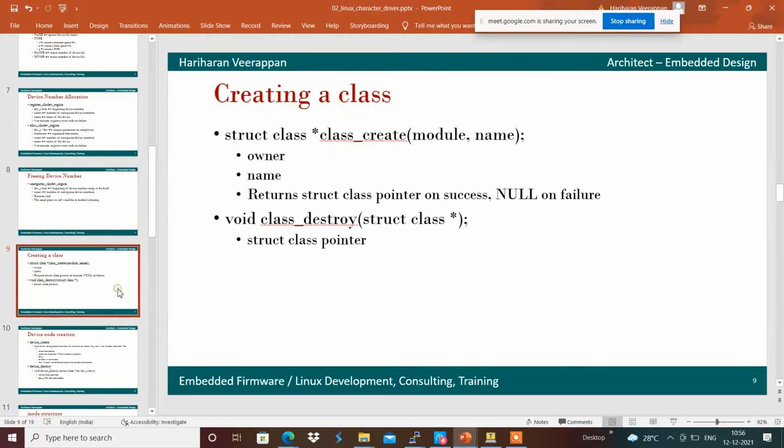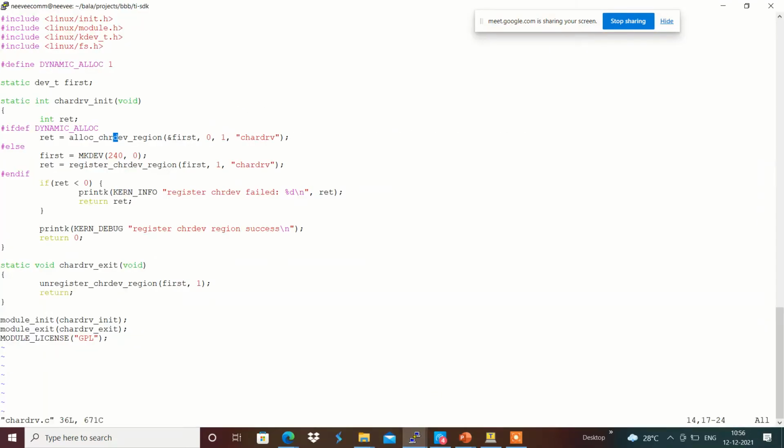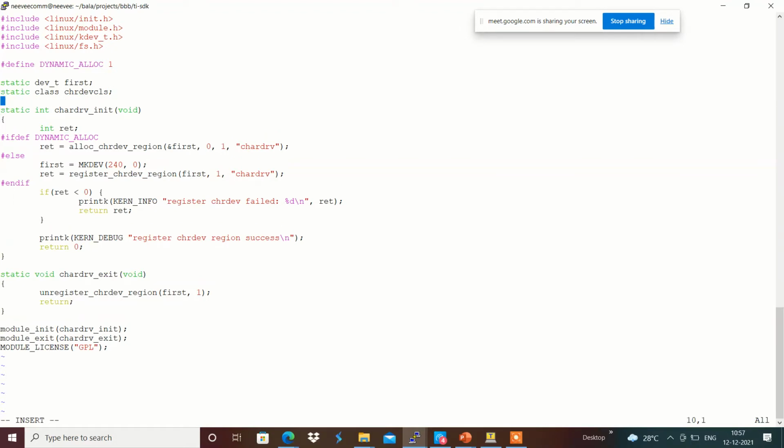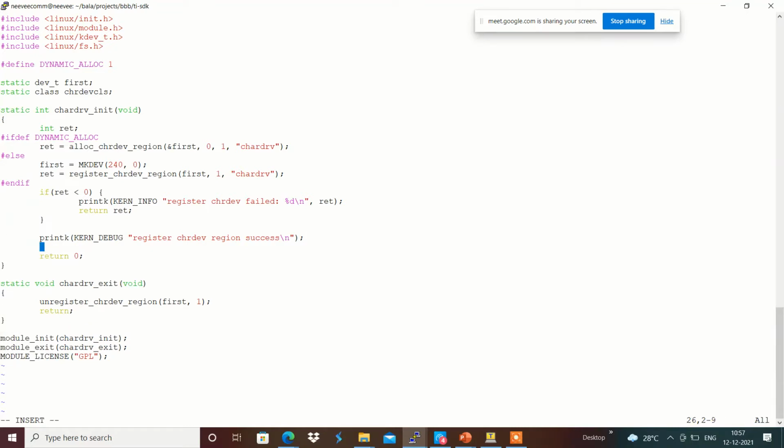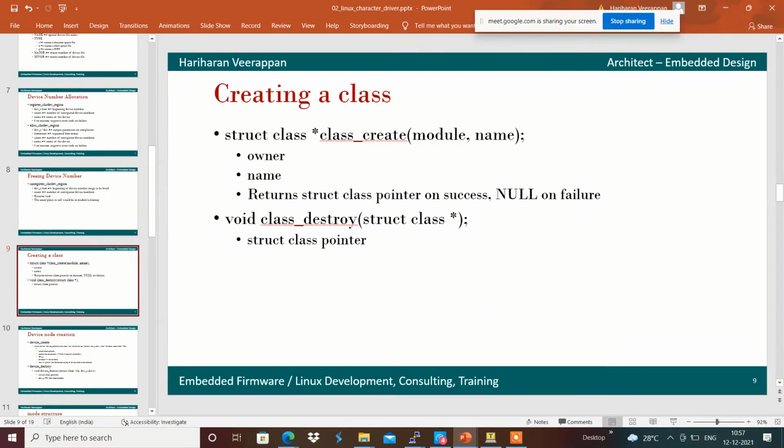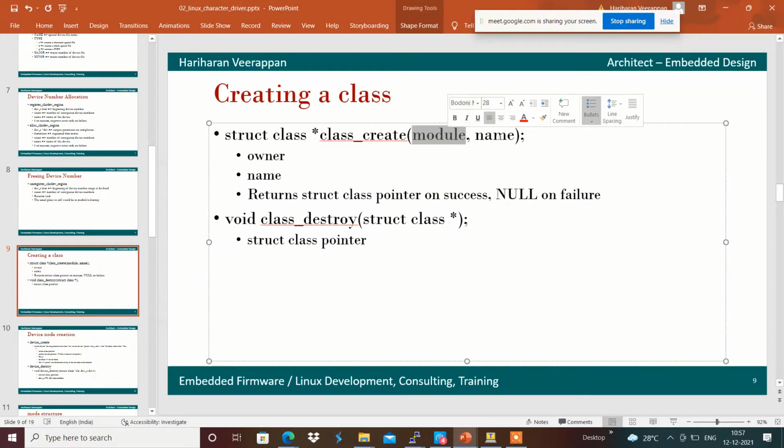For example, I am going to create a class over here, and for example, a static class is something like a chardev class, and in this I am going to create it with the function class_create, which takes the module name, which is the owner, and the name of the class it has to create, that we can provide accordingly.